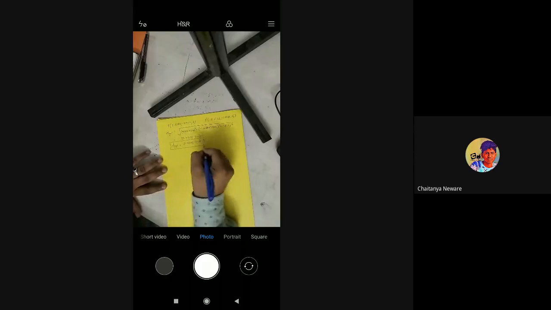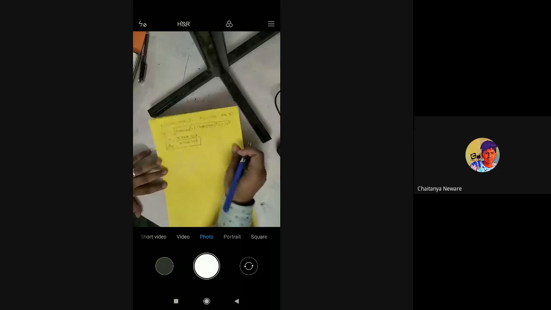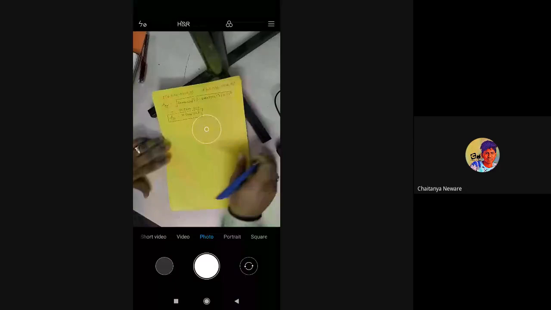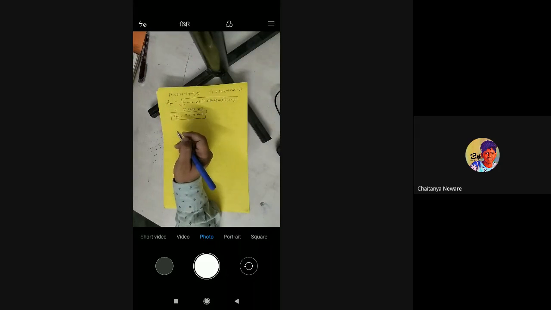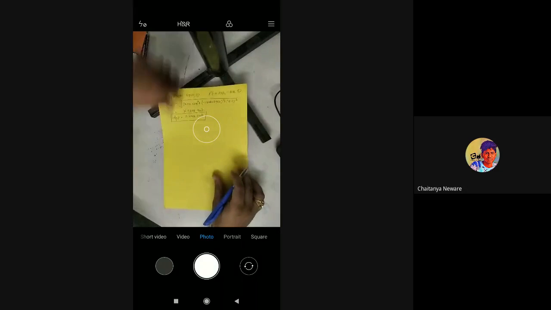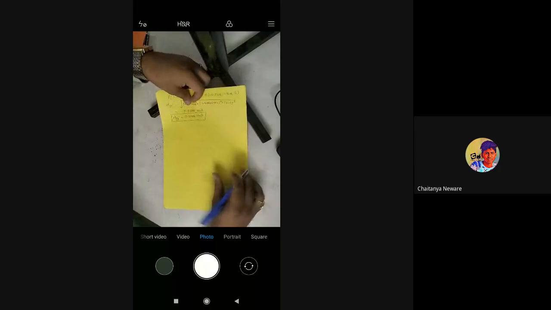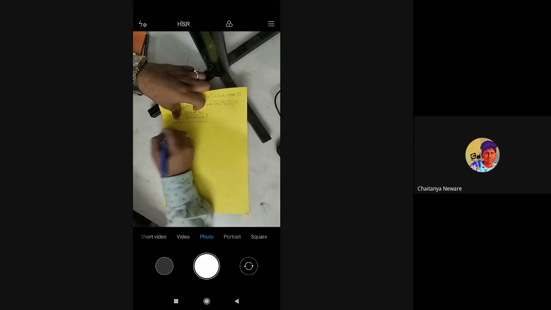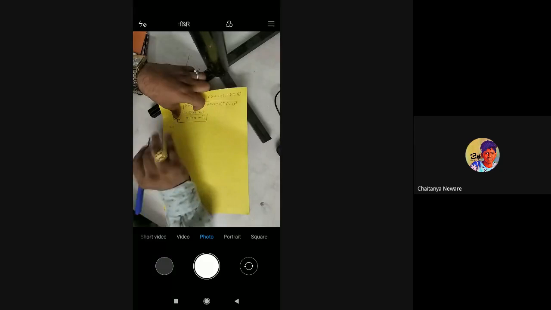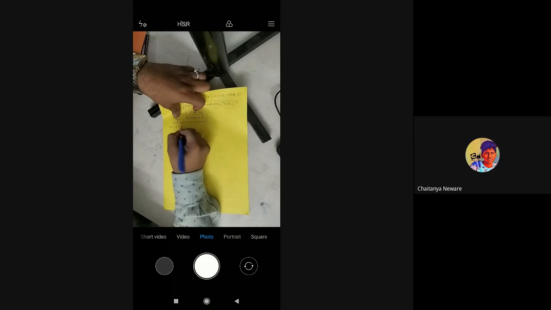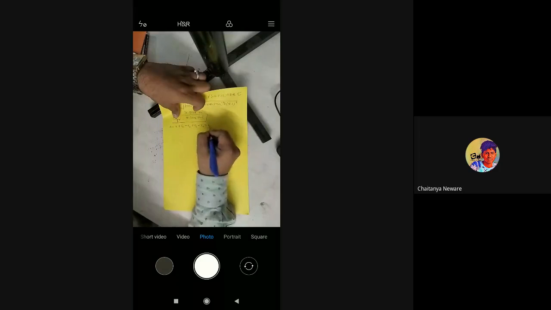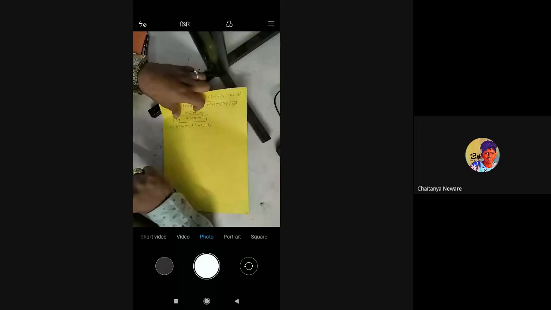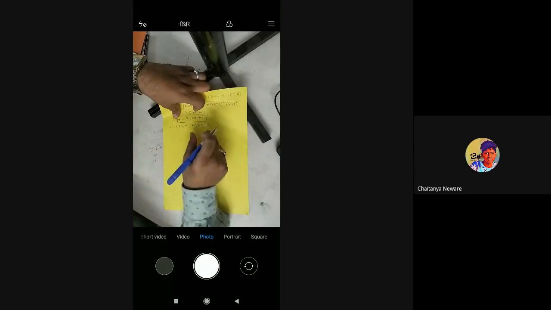Okay, so this is the longest possible distance. Then we have to find the total surface area enclosed in the surface. So first we have to find the total area, which becomes S1 plus S2 plus S3 plus S4 plus S5 plus S6. So there are 6 surfaces, and we have to calculate all of them.